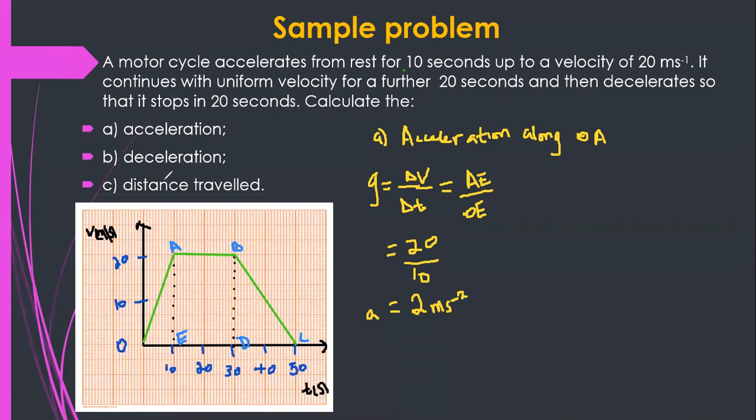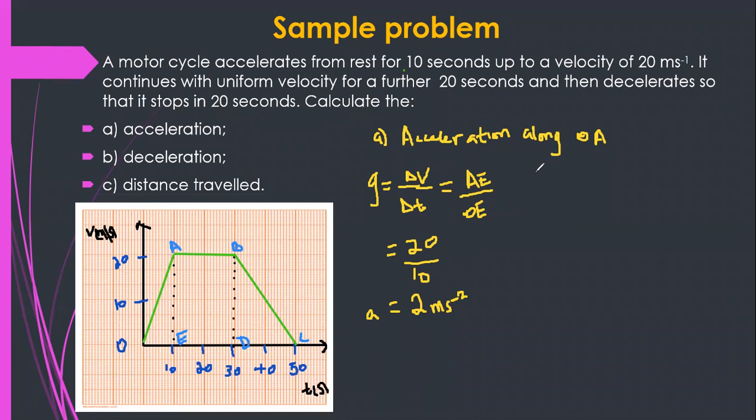And then the next question is to calculate the deceleration. Deceleration happens along BC. Deceleration happens along BC, and it's also the gradient of BC. Which I've already explained. A gradient is change in velocity divided by the time taken here. But this deceleration, the answer is going to be a negative acceleration because it decelerates. So it's going to be negative. So let's try to find it. So it's going to be along BC, which means we're taking the gradient of BC, and then our deceleration will be,